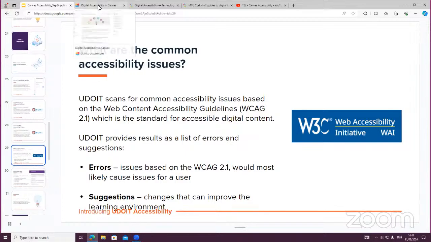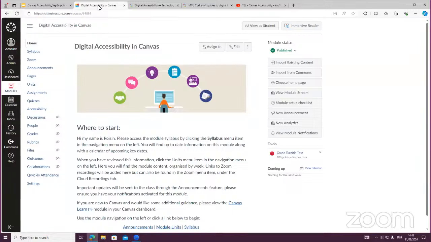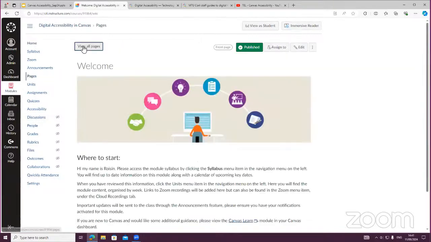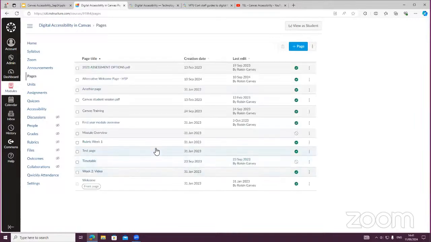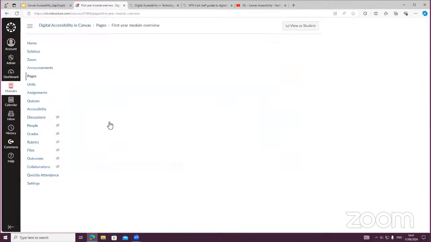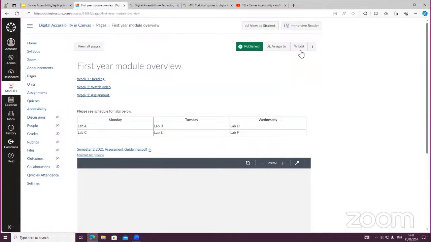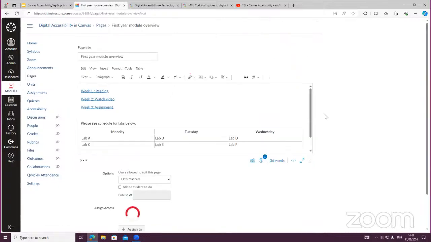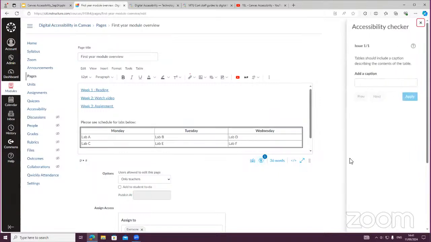If I just jump over into Canvas, I'm going to show you an example of these in action. So if I go into my pages, and I'm going to click on a page here just to show you where I'd be editing it. Okay, I'm going to click on this one here. And if I go up here and click edit, this is my built-in Canvas accessibility checker. So this is where it shows up. It shows up in a little panel here. If I add a